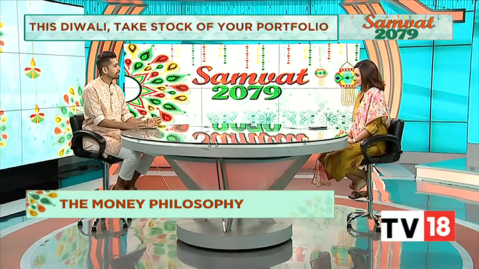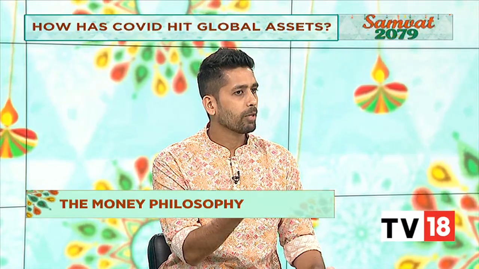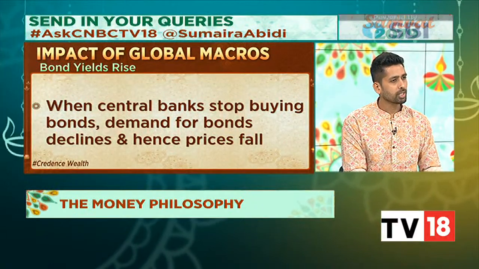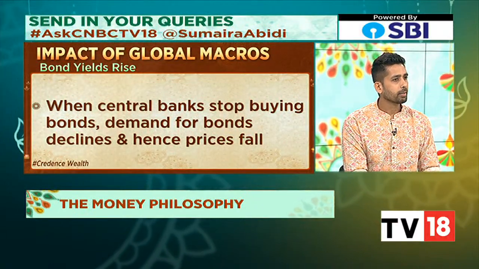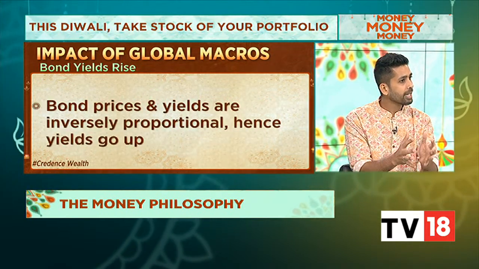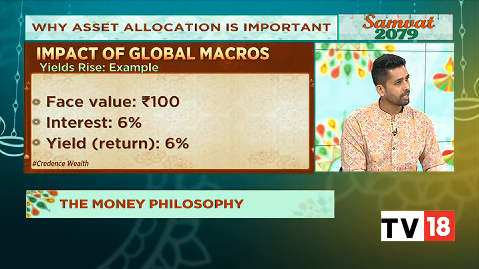So, Sumaira, while we talk about fixed income, first we have to understand the relationship between interest rates and the value of the bond, right? You would have heard a lot of us say that they are inversely proportional. What that means is if interest rates are going up, then any bond which is listed will fall in price. So let's say if today I issue a bond which is at 8% and issued to you at 100 rupees, if interest rate in the market goes up, I will still be making that same 8% and not the higher. So my bond will start trading at 95, 90 in the market,